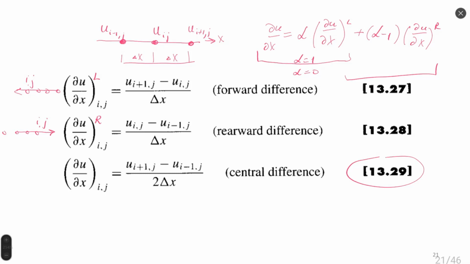Diffusion happens in all directions. So in this case, the central difference method is better. It's a second order method which has additional accuracy with respect to equations 27 and 28. Equation 29 is more accurate, but it can be used only for a method which is going in all directions equally,